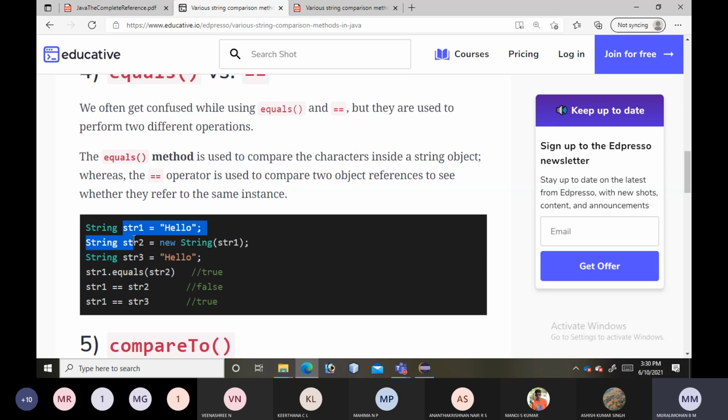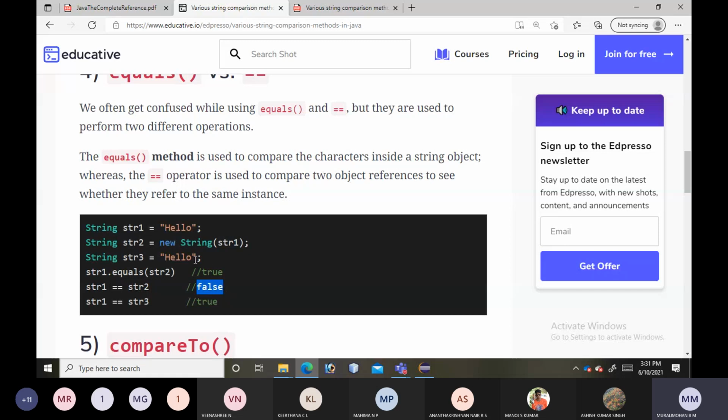Here we are creating three different string objects. No doubt that for two of them we are giving the same contents, but we are not comparing the contents, we are comparing the object references or string instances. That is why it gives false.